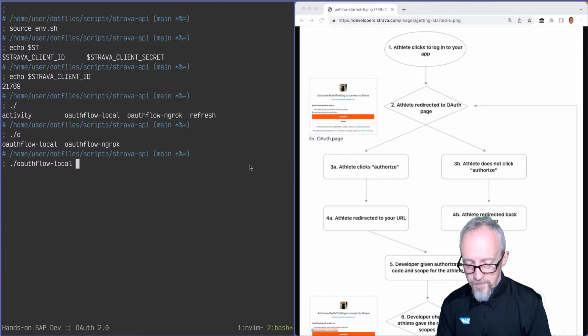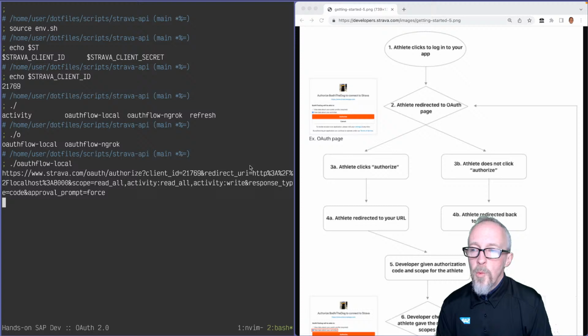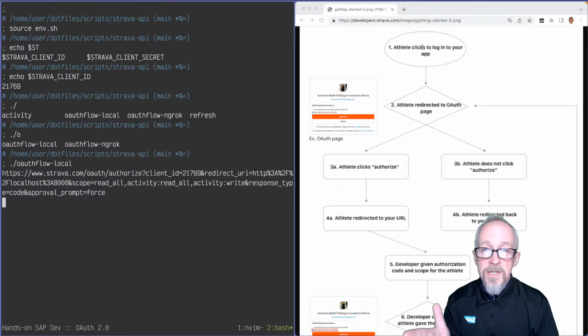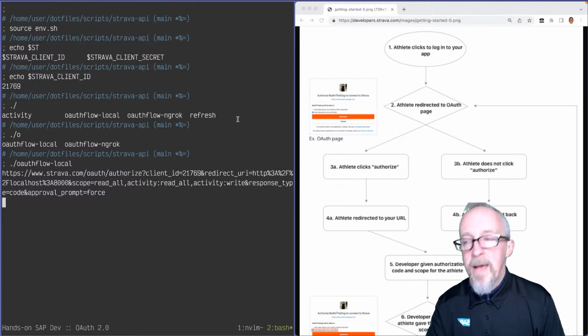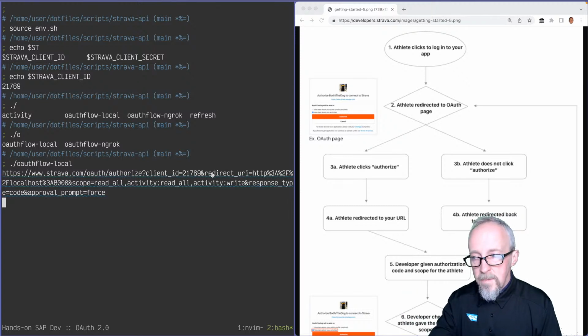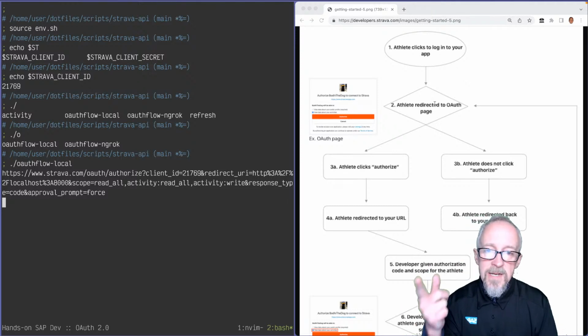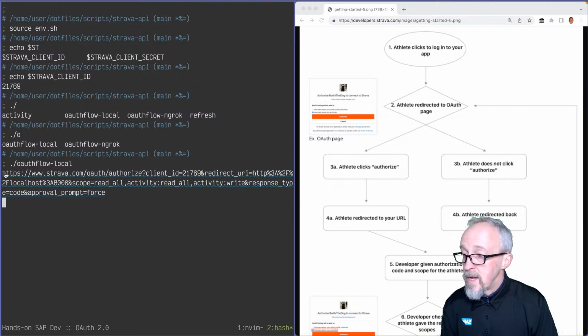oauthflow-local. Now, what that does is it generates a URL. We'll look at the details of this URL in a second, but this URL is effectively this bit here. Athlete clicks log into your app. So I'm starting my app up, and it's going to send me to this URL. I'm the athlete, redirected to the OAuth page. So look at this URL. It's a Strava URL,